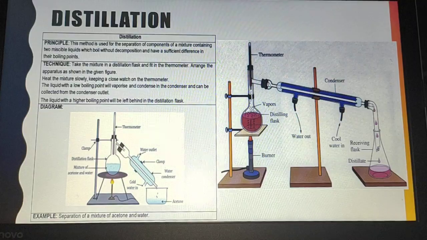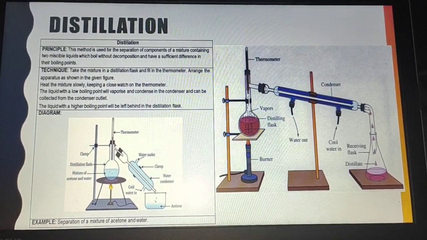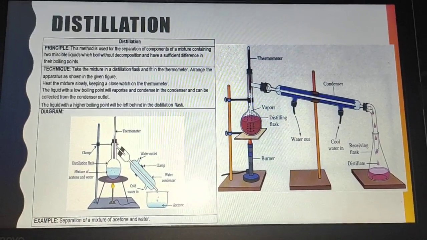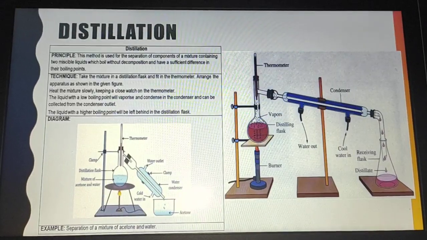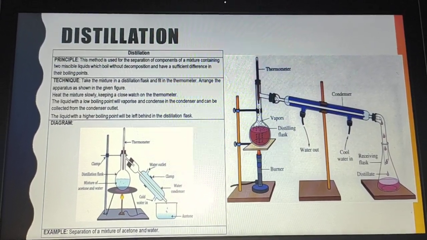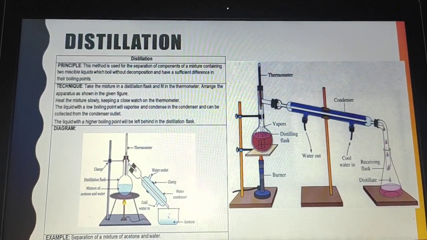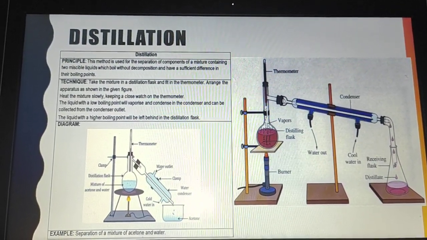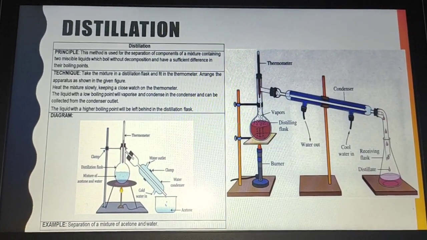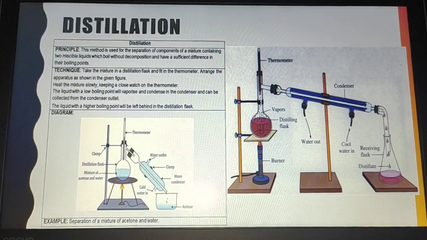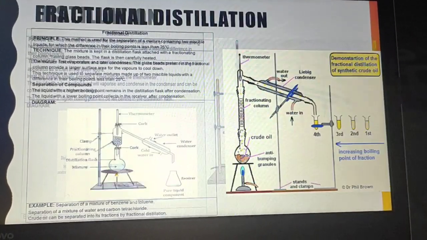So this is the conical flask, and the flask in which the mixture is contained is known as the round bottom flask. The thermometer is connected at the neck of the round bottom flask, and connectors are used to connect the condenser to the round bottom flask and the receiving flask. The receiving flask is also known as the conical flask, or you can use a beaker also, as shown in this diagram, in your NCERT also. So in this way the distillation process can be used.